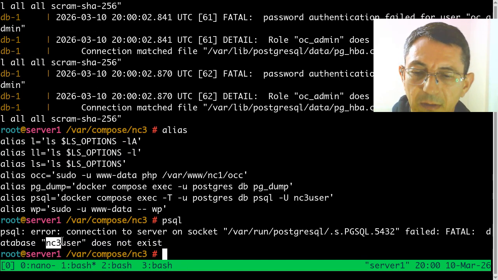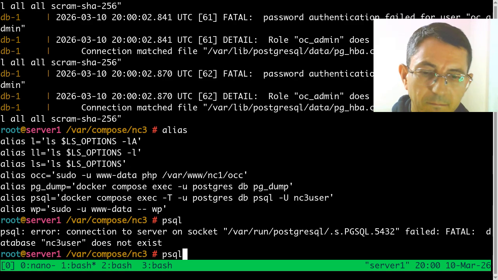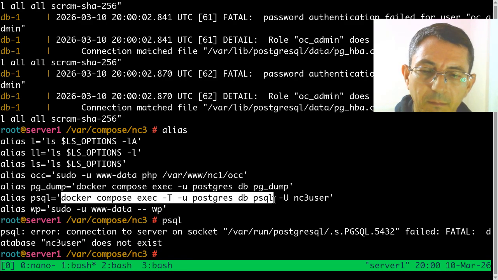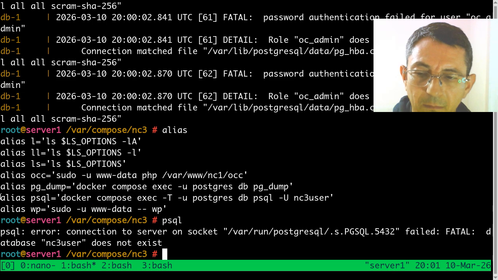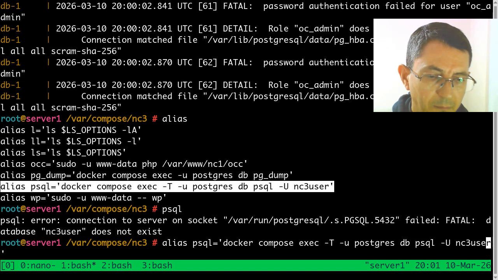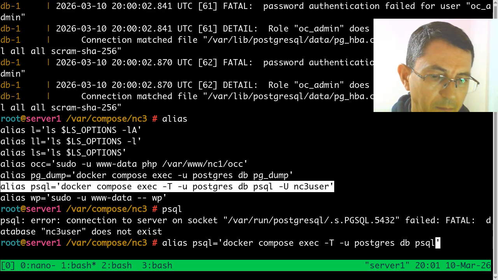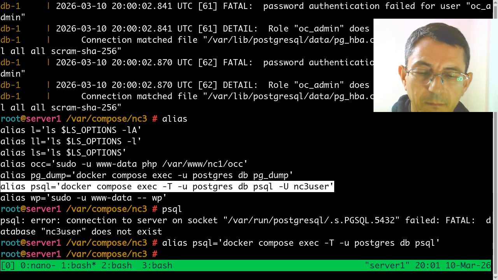Database NC3 user does not exist. If I try to restore without that user,